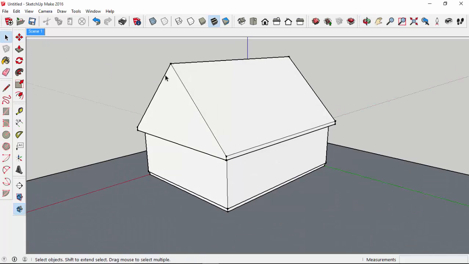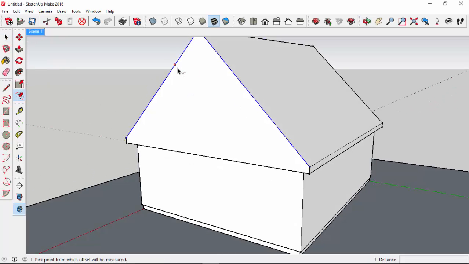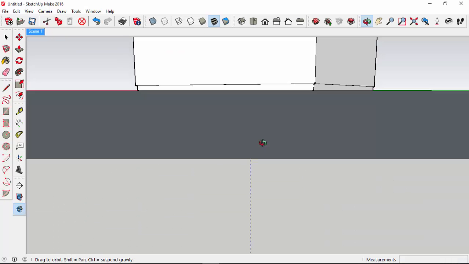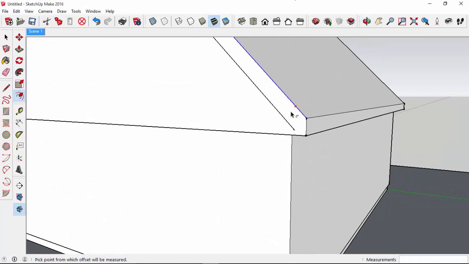Alright, so the next part I'll do is I'll select these two lines, holding shift, I'll grab both of them, and then offset this the same 8 inches that I did down here. So this is going to be 8 inches too. And then I go into the corner,